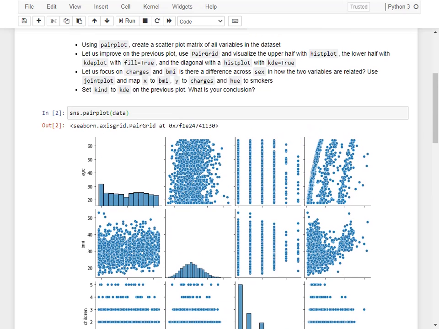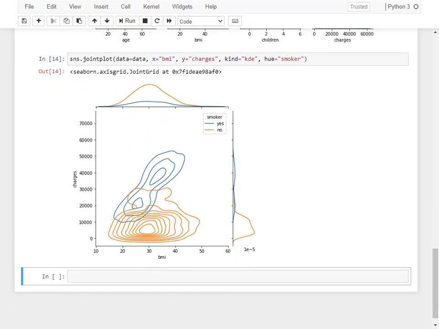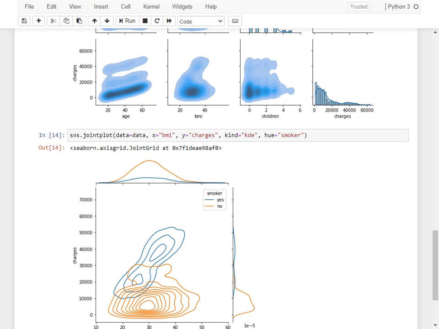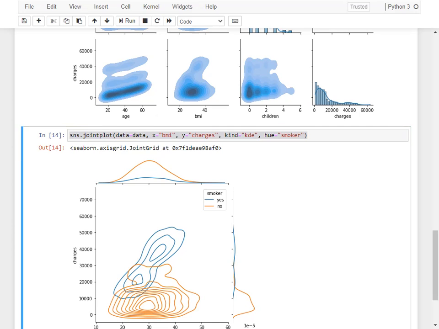Okay, so let's take a look at the last question. Actually, we've answered the last question. Or not yet. The question is asking us to look at differences across sex, not across smokers here. So we can actually look at sex. We can leverage yet another channel here. So if we go back to the kdePlot here,